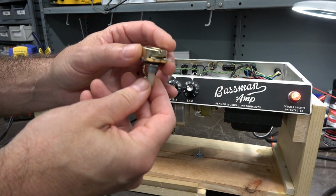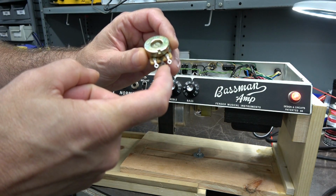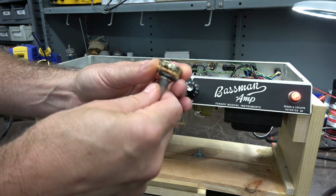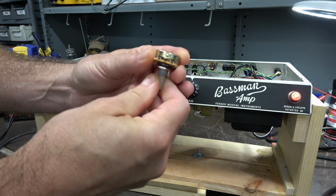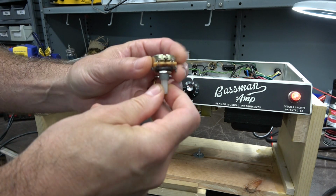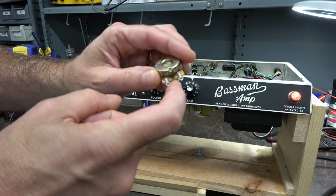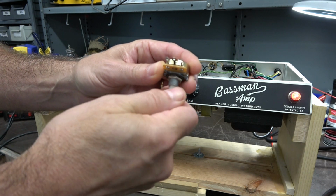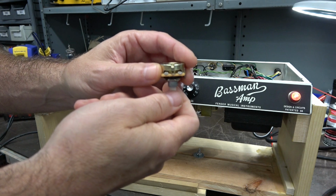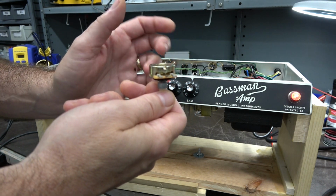So if you take a look at a pot, you've got a carbon path, and then this center terminal is a wiper arm, and there is an actual metal little wiper that's panning across that carbon path. Okay, so there is a mechanical linkage between the center tab and that wiper arm. It's a metal to metal contact area, which can easily produce noise, especially on the sensitive grid of a preamp